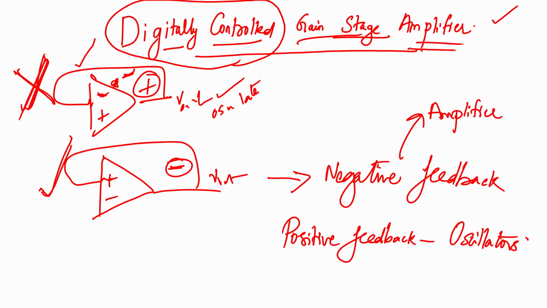So, what we are doing, we are taking a problem. Our problem is to design a circuit to do digitally controlled gain stage amplification. So, we are breaking down the problem and seeing how digital control can be incorporated into gain stage amplification. For that, we know the amplifier design, which we have covered, which is very simple. So, amplifier design is very clear to us.